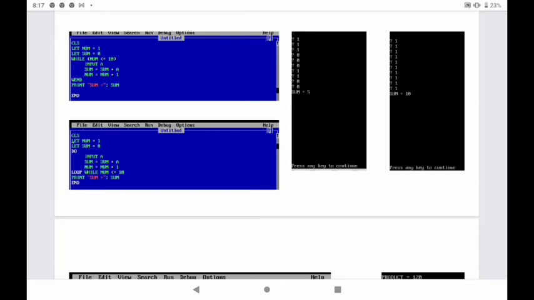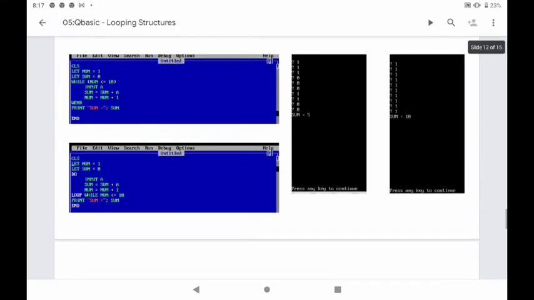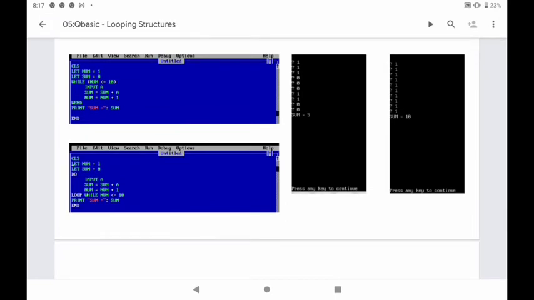Whenever it becomes 11, less than or equal to 10 is a wrong condition, so it will go to wend. Wend means it will complete its condition checking and the while criteria, and go to the next line, print. Print sum semicolon sum means whatever the final value stored inside the variable sum will be printed